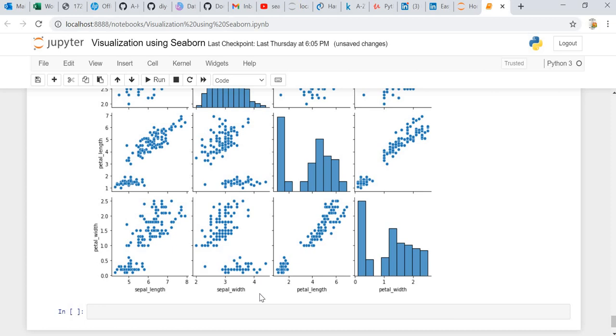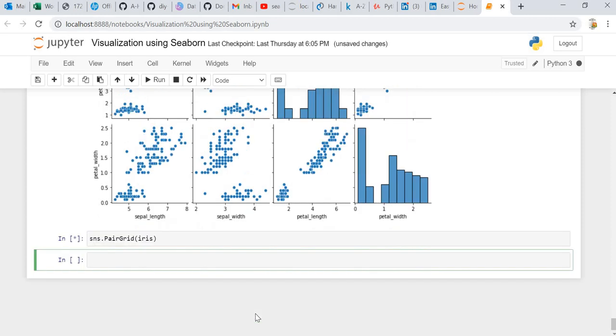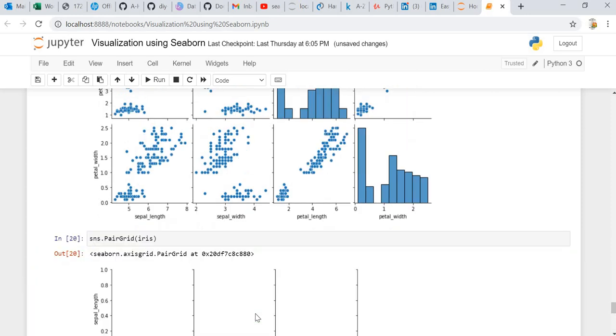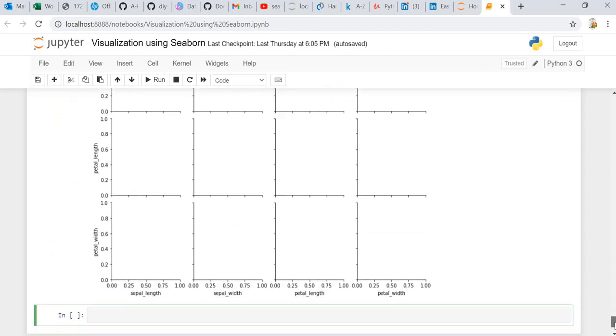so we can also create the grid plot based on the pair grid. If we want to change it, then we can also change it. So using the pair grid, sns dot pair grid, and once we do it with iris, then we will have these blank graphs available. We can draw graphs based on our requirements.